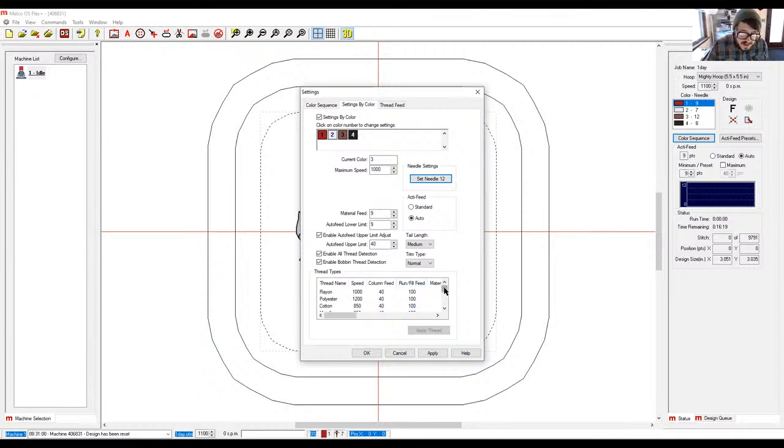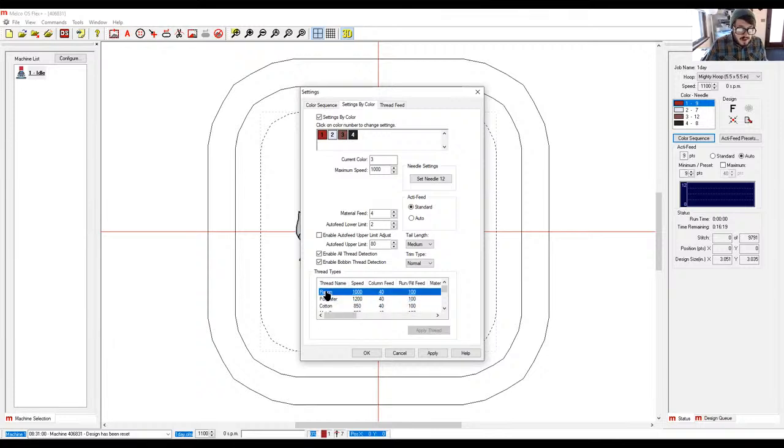Another cool feature we have down here is you can see there's kind of some cheat sheets here. Now, if I click on this rayon and I hit apply thread, it adjusted all of the settings for me. Now, these have been in here for a bit. So these are set up for your XT, XTS, EMT16, EMT16 Plus. The material feed will not really apply too much to the EMT16X, but